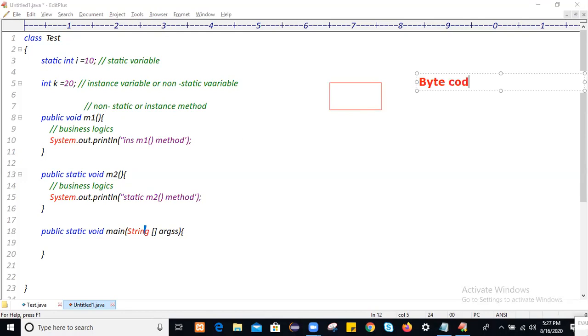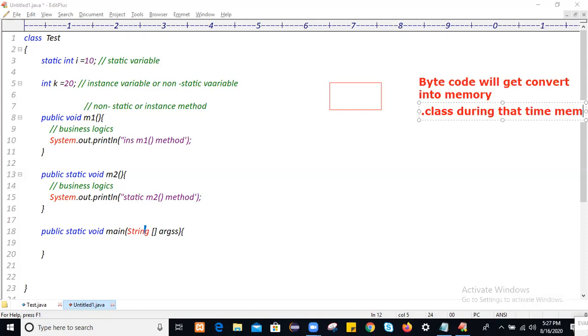When this bytecode gets converted into memory, during that time memory gets allocated to the static members of the class, when the dot class file gets generated.